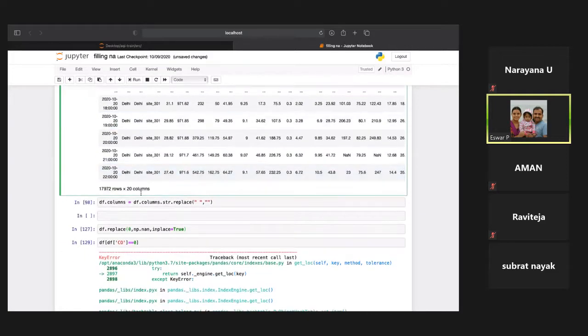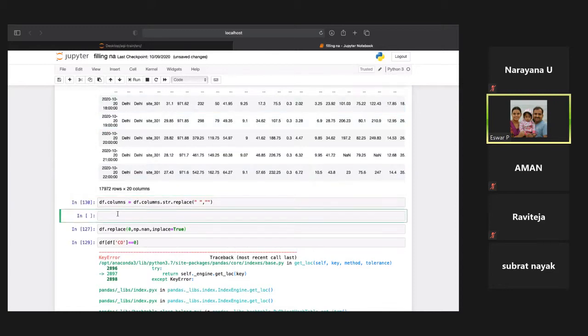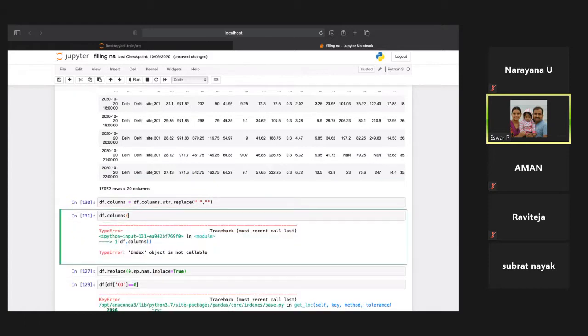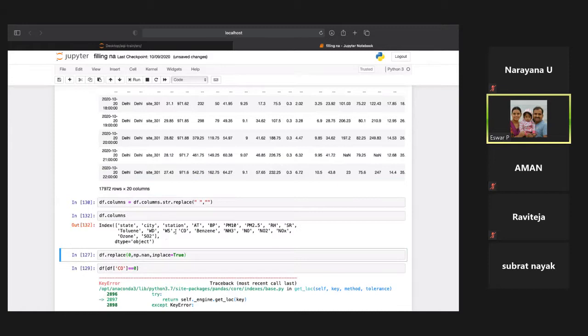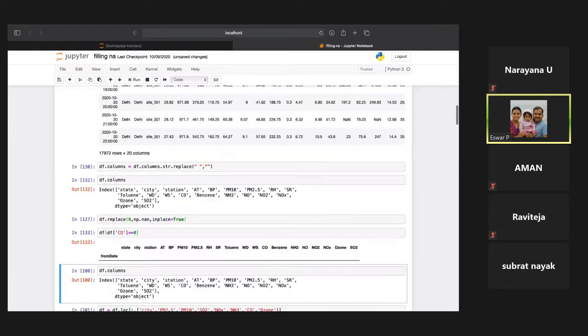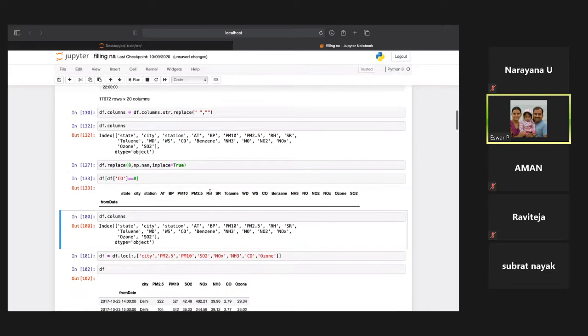Yes, sir, we have not replaced. Okay, run it. Directly copy that, paste it. So it doesn't have anything. And the same code in the last, try to execute everything and try to keep it in the last.